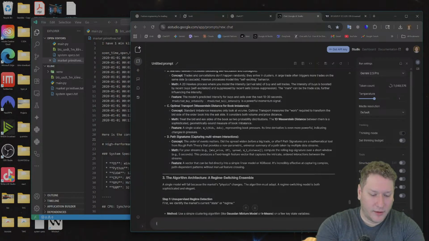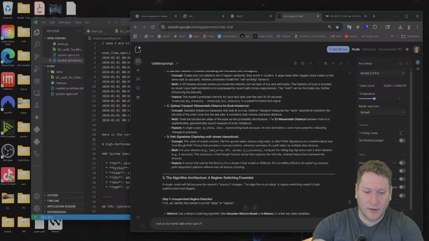All right, let's look at my market data. What type of feature engineering indicators can we do?